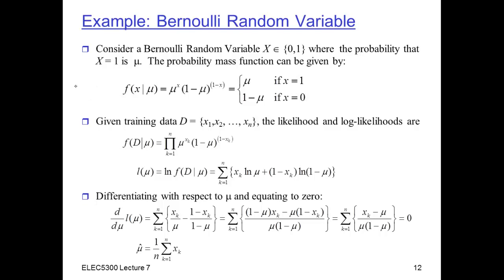So now assuming we have a bunch of training data, x1 through xn, and these are all either 0 or 1. So you can imagine we flipped a coin and we got either heads or tails, and we want to know the probability of heads in that coin. And now we can take the likelihood, which is just the product over all the individual probabilities. And then we take the log likelihood,